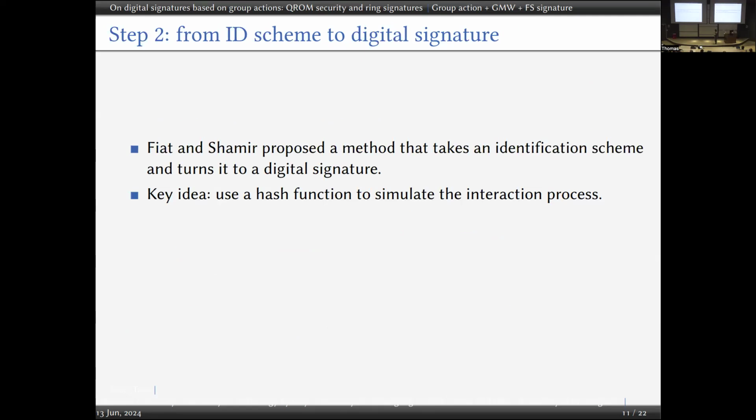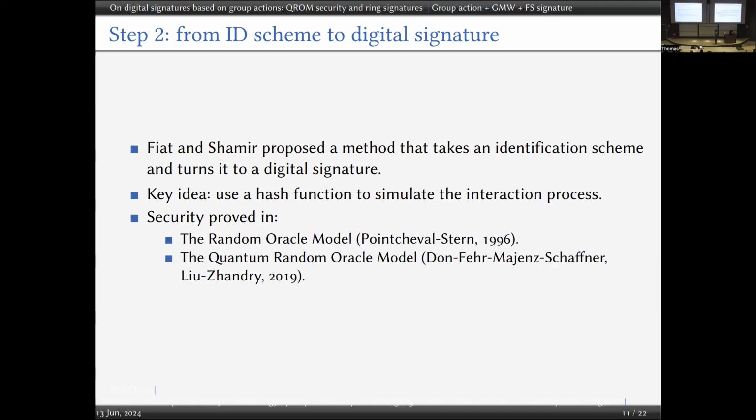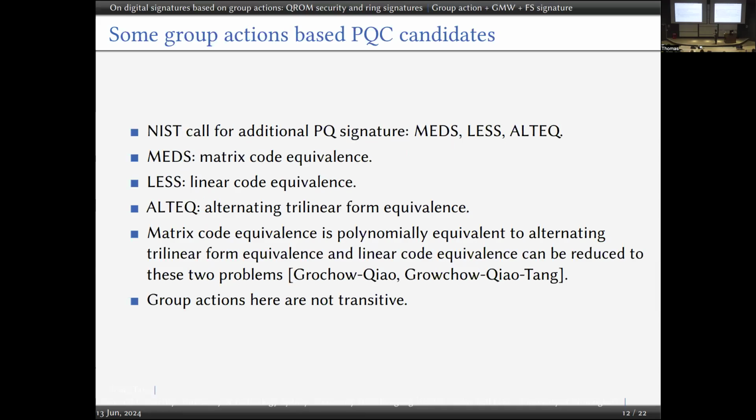Then we can use the Fiat-Shamir transformation to turn that zero knowledge protocol into a digital signature. The key idea is to use a hash function to simulate the interactive procedure. For the security proof in the random oracle model, there is a proof from 1996. For the quantum random oracle model, there are two concurrent works in 2019. So